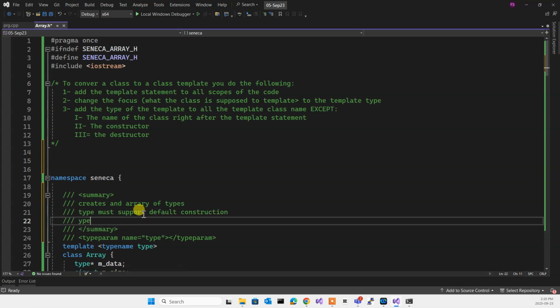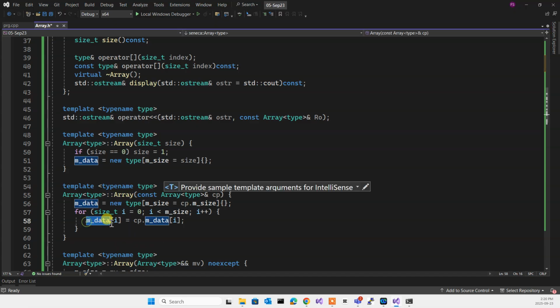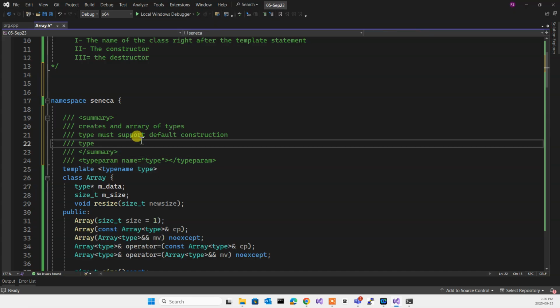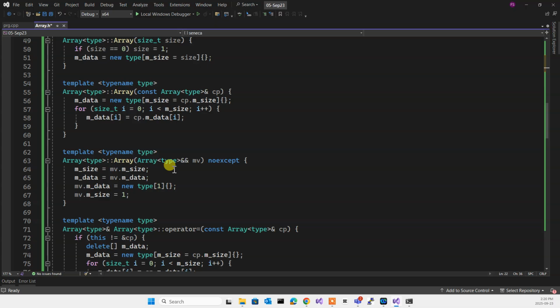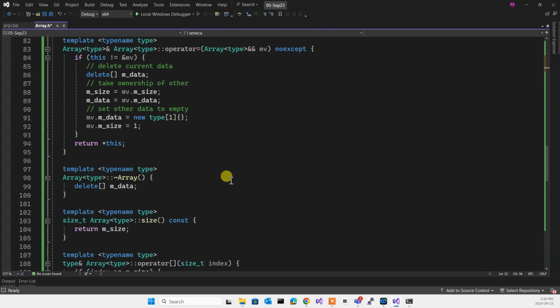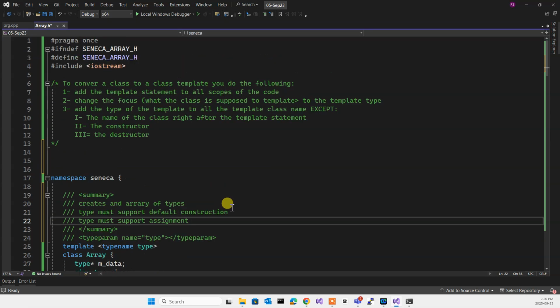If you have a type that doesn't have a default constructor, this template cannot be used for it. Next one, I am setting one type to another, so assignment should be covered. So the type must support assignment. I don't think there's anything else. I'm not doing any copying. So anything that can be assigned to another thing of its own same kind,